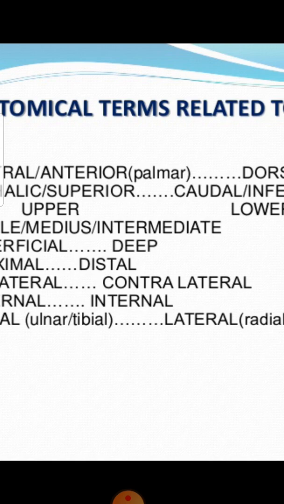Okay, next we have the distal, and distal is the end of your joint. So for example, मैंने जैसे आपको arm की example दी, the proximal part of your humerus or the arm was the shoulder side, and the distal part of the arm will be the elbow side. Okay,